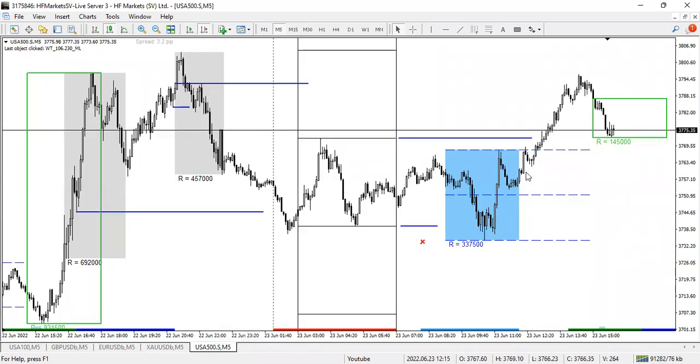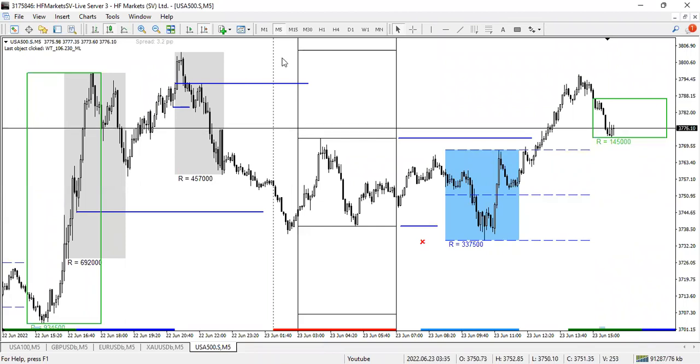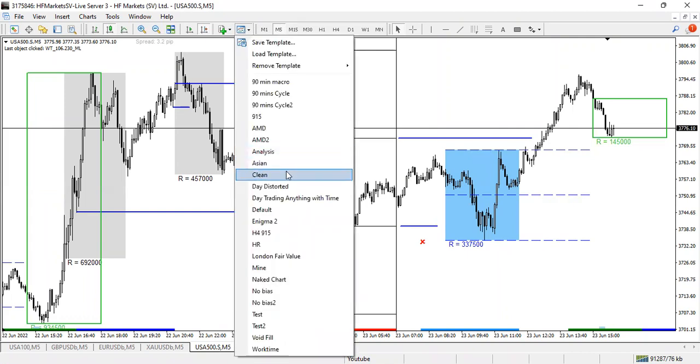S&P, same idea, looking for a rundown here. So from a 5-minute perspective, those would be the only things I'm focused on. Now, today's what, Thursday? Look at that. From a 1 hour perspective,